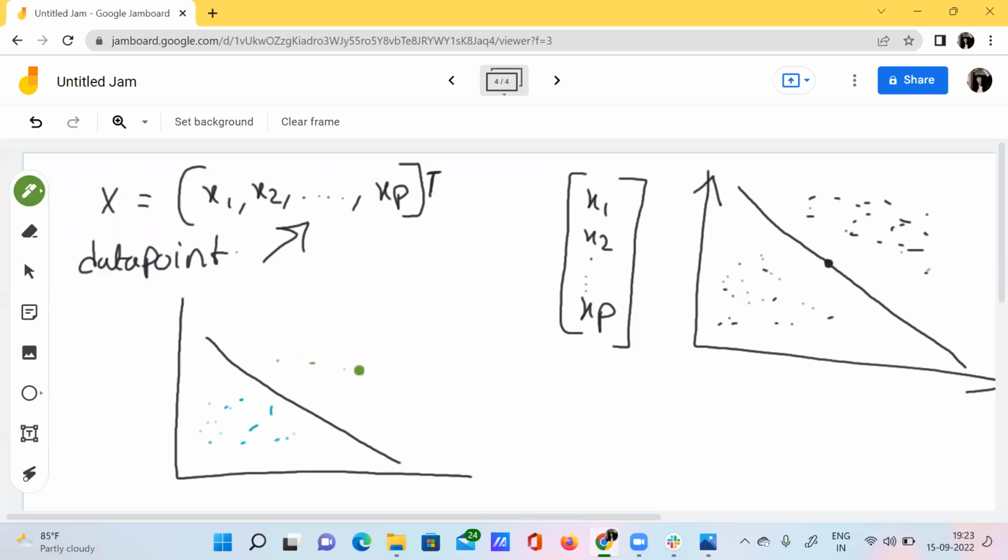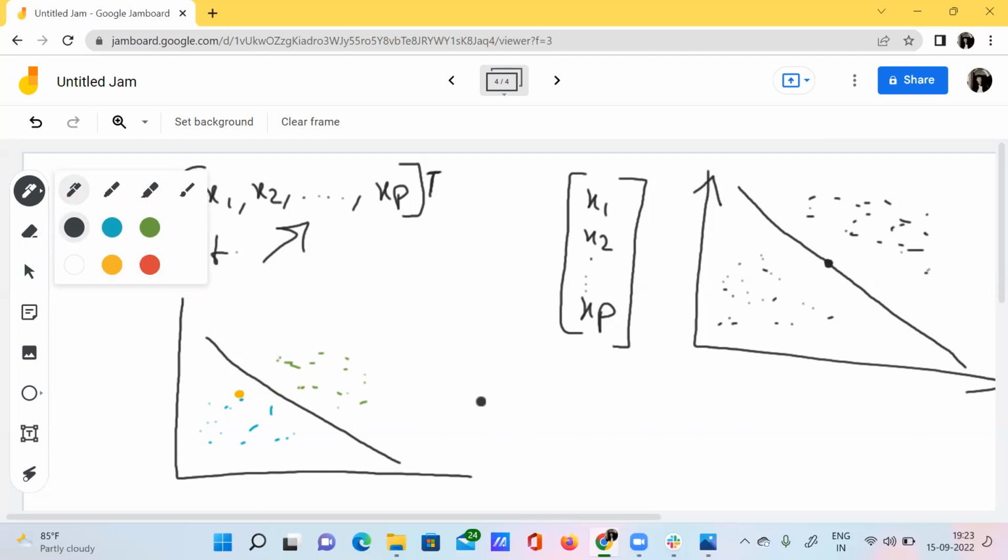I also have some other data points like this, and suddenly a data point from my testing data has occurred like this. For example, my data point has occurred here in this particular location. So to which class will this particular data point belong? That's nothing but,